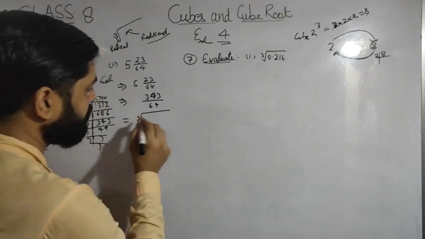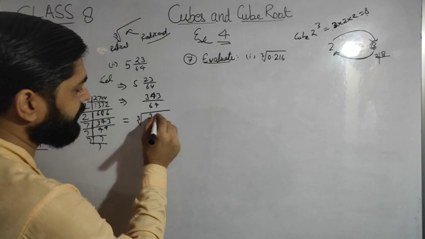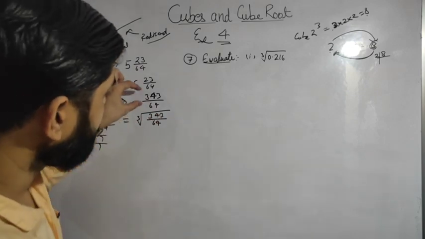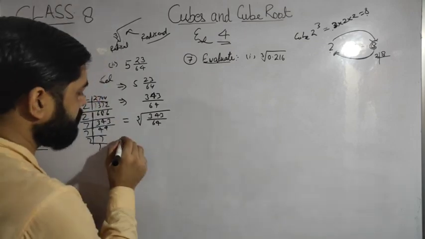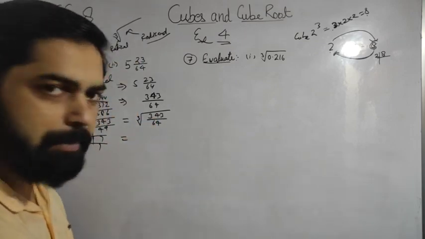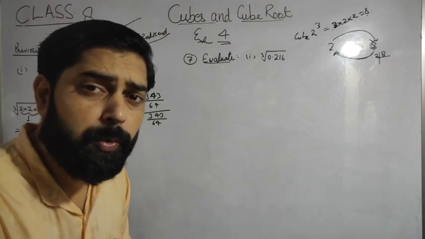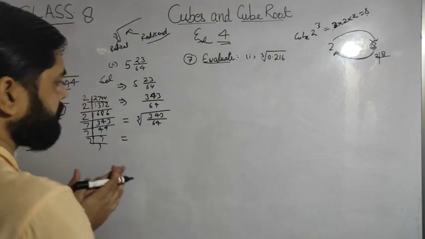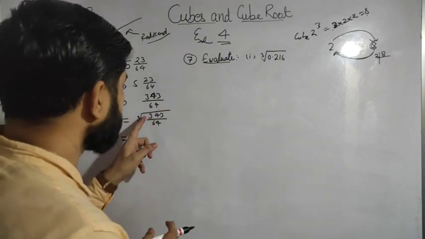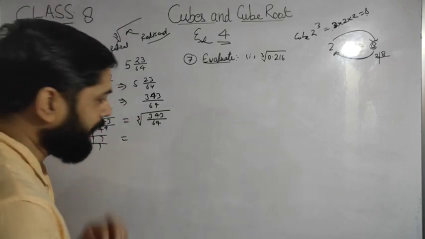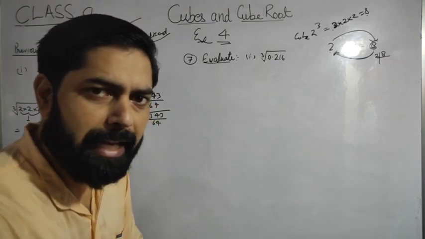Now we find the cube root of this number, and we can use the cube root sign. What is the cube root sign? This is the cube root sign, and we write the number inside. What is this symbol saying? The same symbol says find the cube root of this number. And how to find the cube root of a number, you know, by the prime factorization method. First find the prime factors of 343 and then 64, and then we make groups of 3 like numbers.